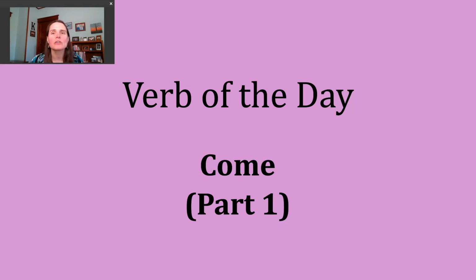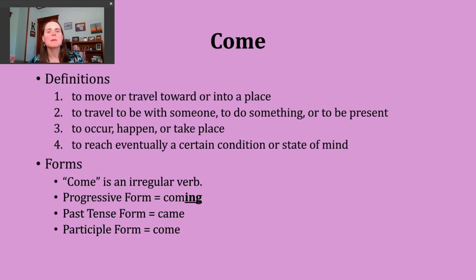But let's begin our discussion today by looking at some general definitions or general ways to use the verb come. The first way many people use this verb is to get someone or something to move or travel toward a particular place. Maybe you've had somebody say to you, come here, right? They want you to move closer or toward them. Okay. Might also have heard somebody ask another person to come to a particular room. Right? All of those things were moving into a particular place or space.